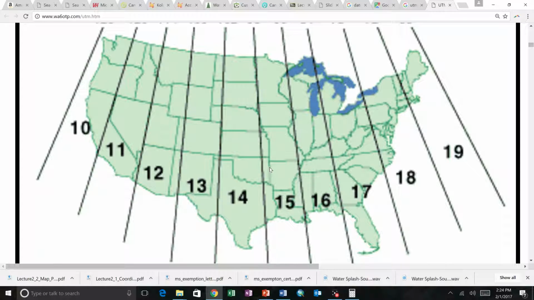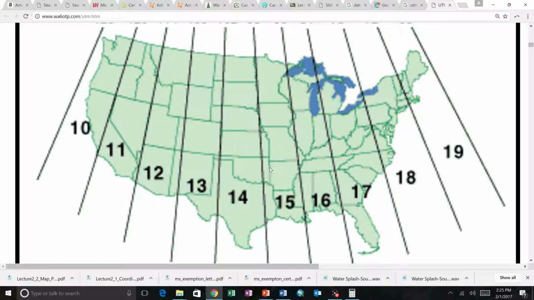If you do statewide work in California, though, you can't use a UTM system because there are two different coordinate systems. If you wanted to use a transverse Mercator projection in California, it'd be best to establish one that ran right in the middle of the two. And that's essentially what Mississippi did as well, because we also fall right on the boundary between two UTM zones. We've got 15 and 16. We're right in the middle. So what Mississippi did was establish their own